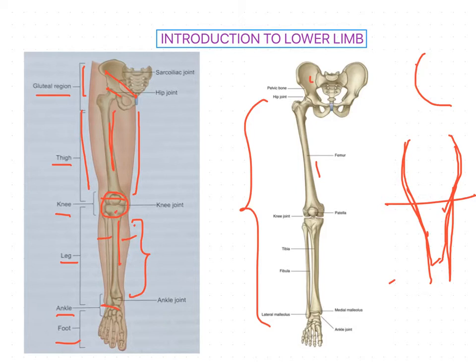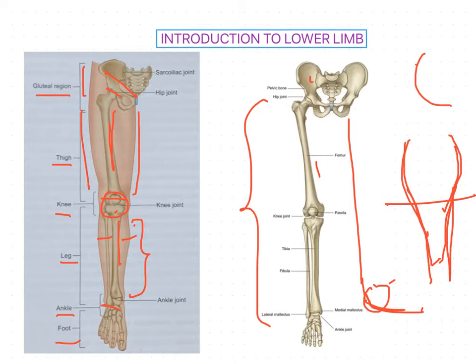Now coming to the ankle region. So it is the region of the ankle joint and is the area where the vertical disposition of the limb changes to horizontal position. If you see all the bones which are present in the vertical position, at the ankle it becomes horizontal position. So this is the ankle region at which the disposition of the limb changes into horizontal position. That region is called as ankle region.